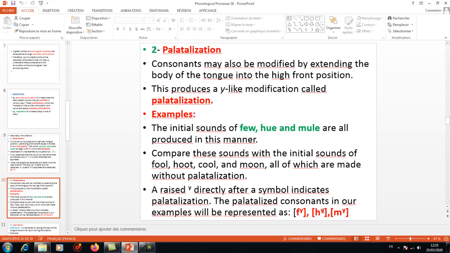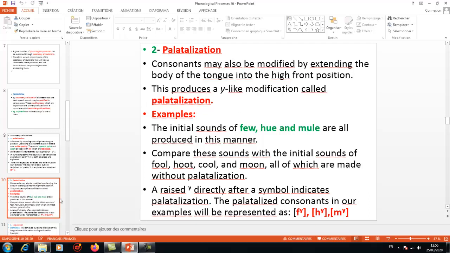Because it symbolizes the sound E normally. And of course we know that E is a palatal sound. When this palatal sound influences the consonant or the sound before it, this is said to be a case